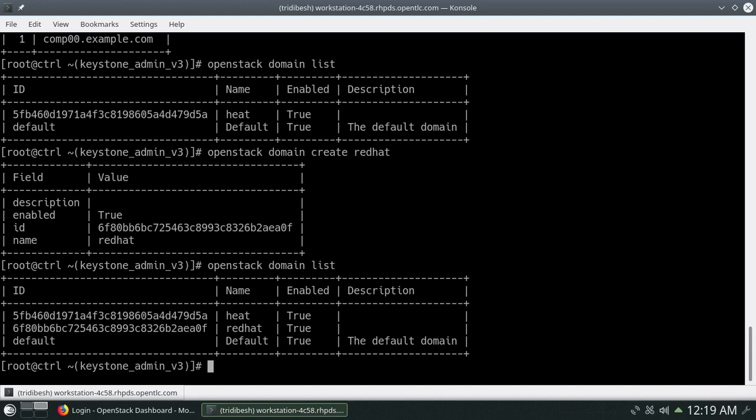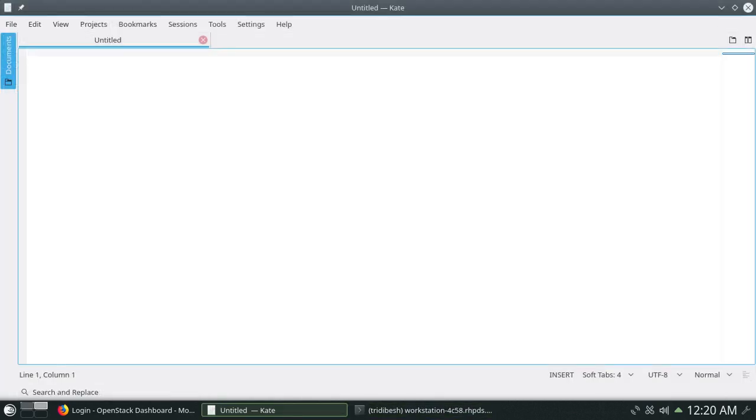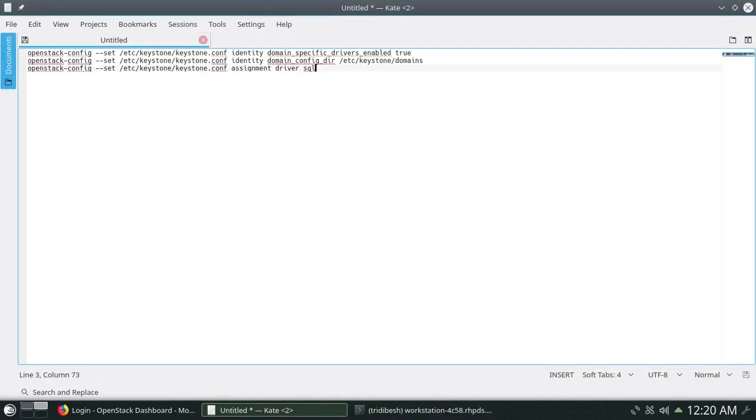For doing that, we will be using the command openstack-config. So this is the command to configure OpenStack components. Then we are taking the configuration file, /etc/keystone/keystone.conf. So that is the configuration file for Keystone.